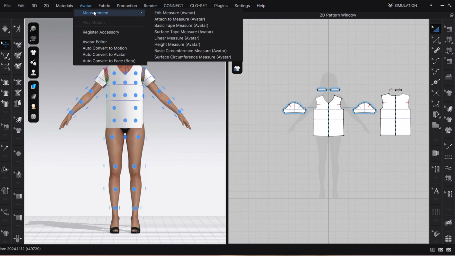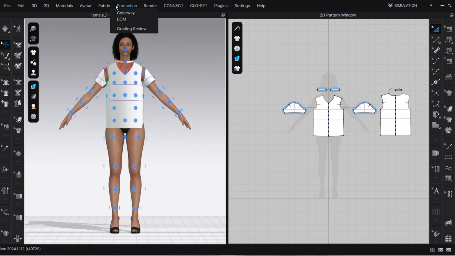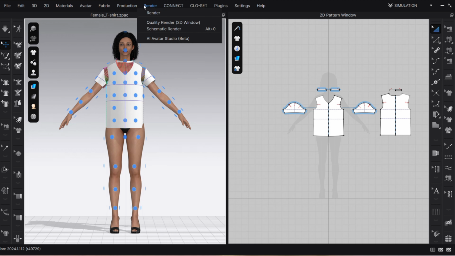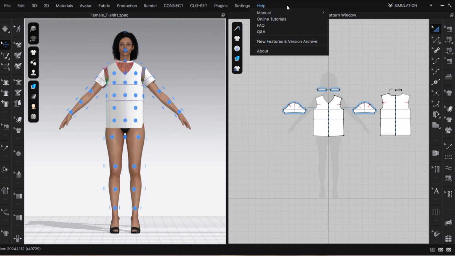This involves the avatar, everything you need to know about the avatar, editing, attaching. This has to do with the fabric, if you want to change the texture on the 2D or 3D window, production, render, etc. Okay, so